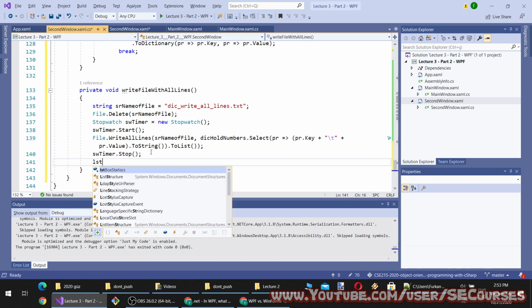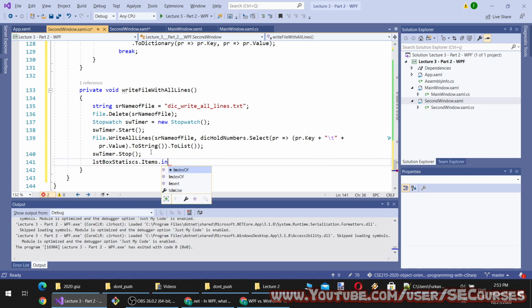Then I will add to the list box statistics items Insert. This time I will use Insert as the first element, and the item will be lines took. Let's see.